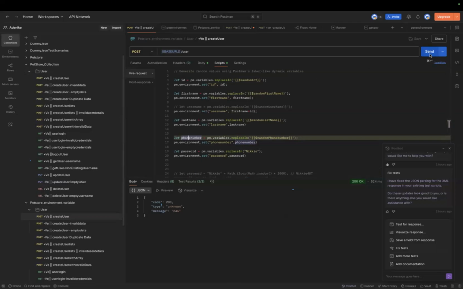So when you send the collection, you should have all these variables set in your environment variable. You know, you have to